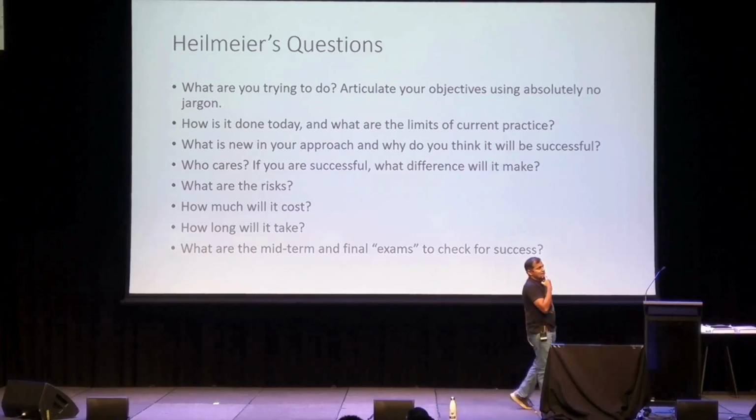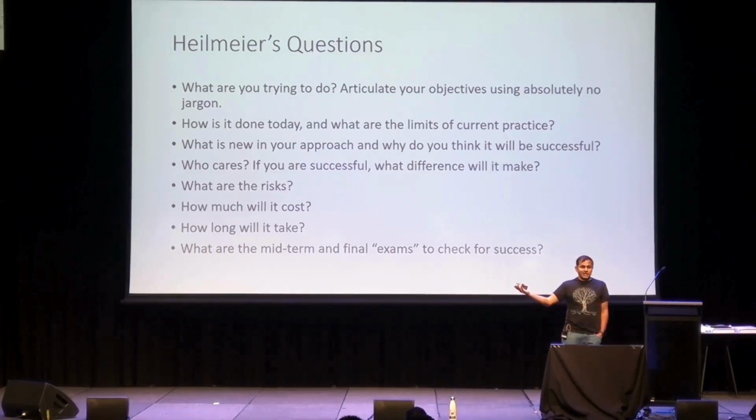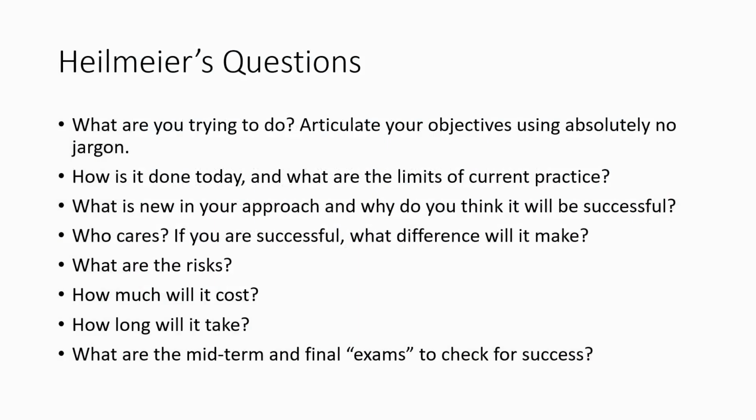As I said, Heilmeyer used to be a program manager at DARPA, and his job, the best job in the world, is like he's sitting on a pot of money. People come and pitch to him, and he says, "I have to give you this money," right? He's like the venture capitalist of the funding world back in the day, and he basically realized that most people who come and ask him for funding or money have very bad ideas or very poor ways of articulating what they're working on. So he came up with a kind of checklist called the Heilmeyer Catechism, or the Heilmeyer questions.